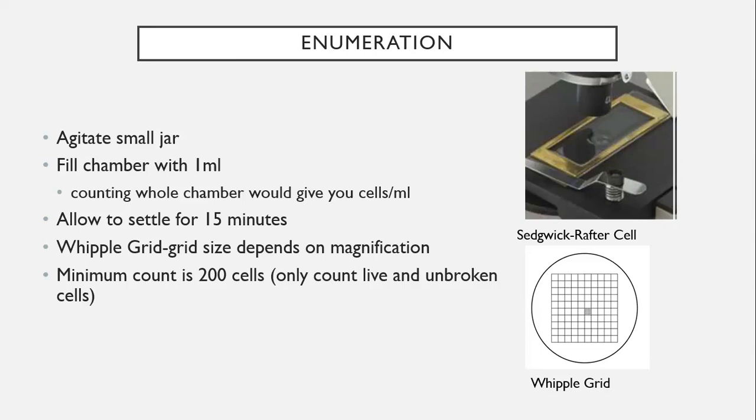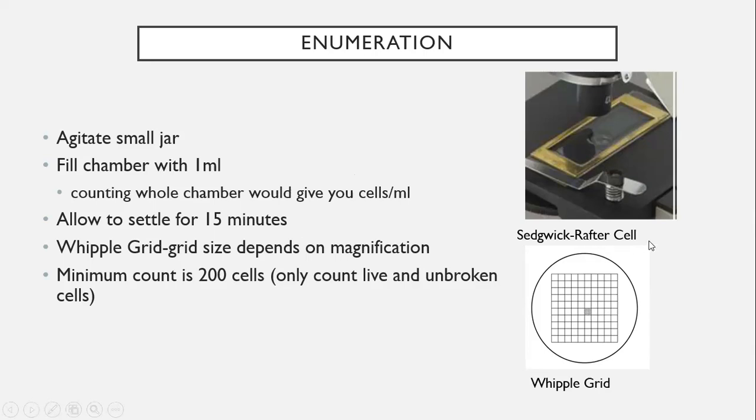So with your sample in the small vial, you want to agitate that, shake it up so you get a good mix. You're not just pulling from one part, you want it really homogenized. And you draw 1 milliliter from that vial and pour that into a counting chamber, which is called a